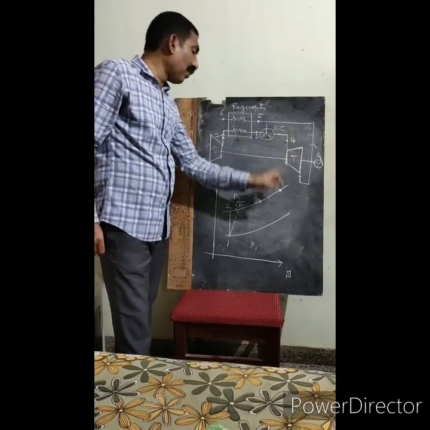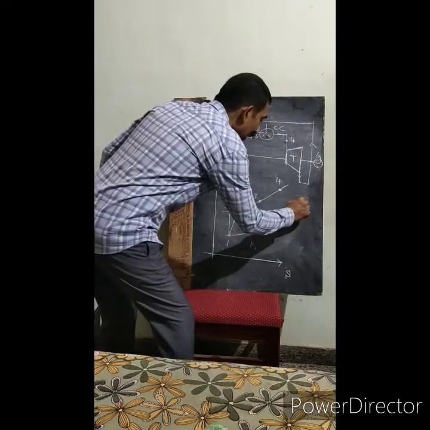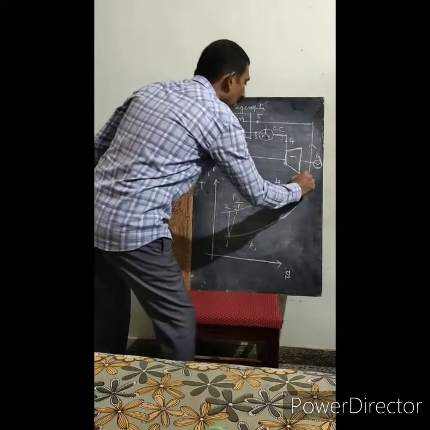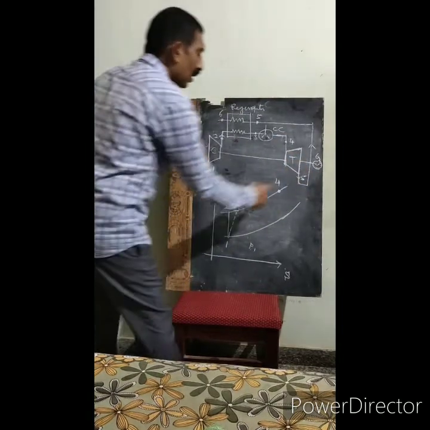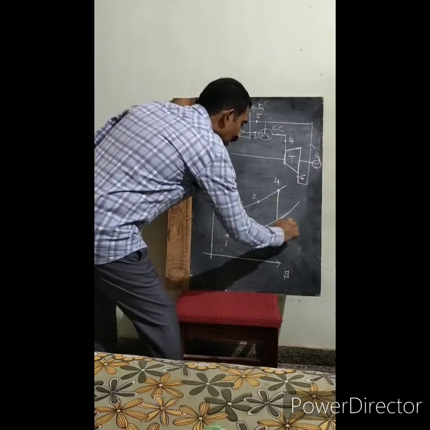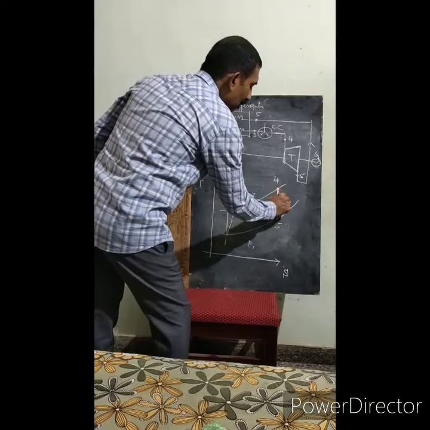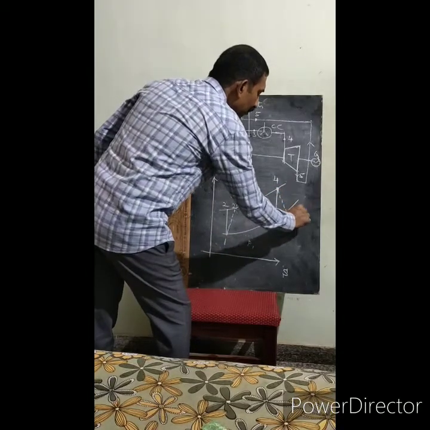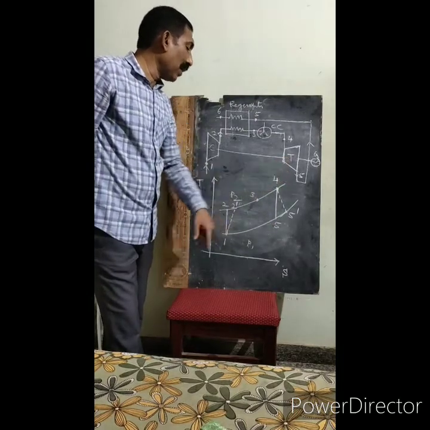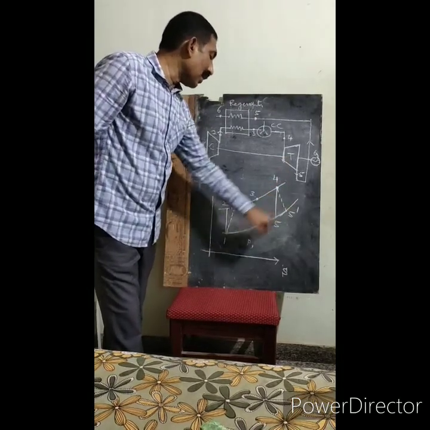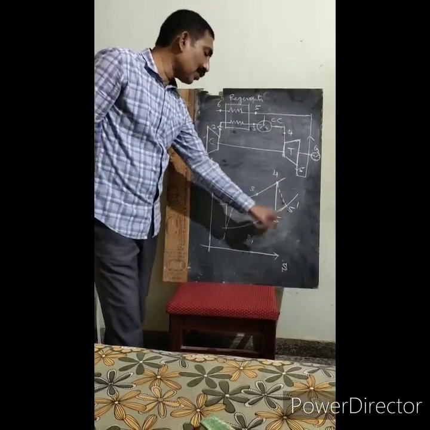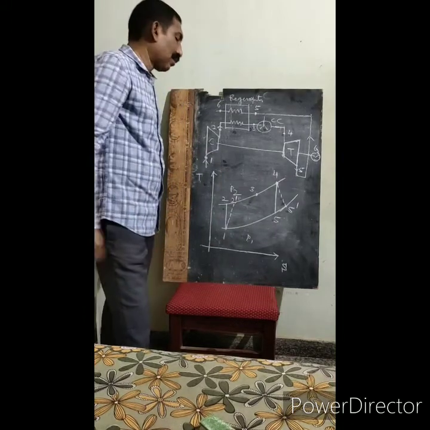And at temperature T4, the gases will expand in the turbine so that its temperature will be decreased to the pressure P5 and the temperature T5. So this is the 5, and this will be 5 dash. So 4-5 indicates the adiabatic expansion in the turbine, and 4-5 dash indicates actual expansion. We know why the 5 dash is more than 5, I have already explained.